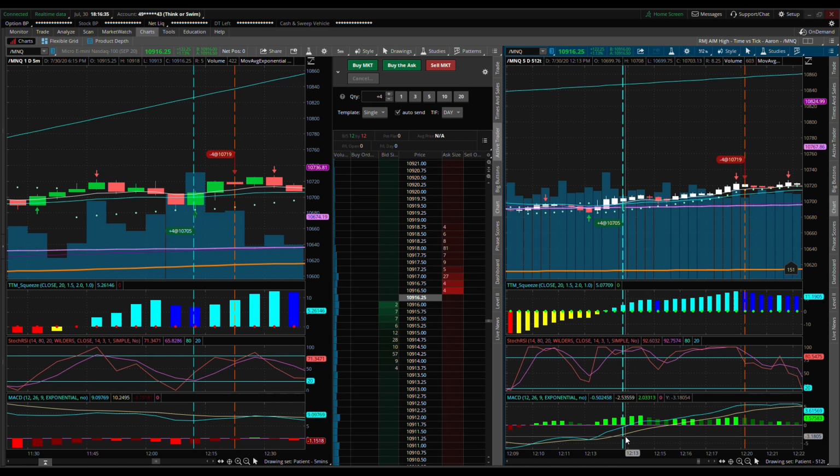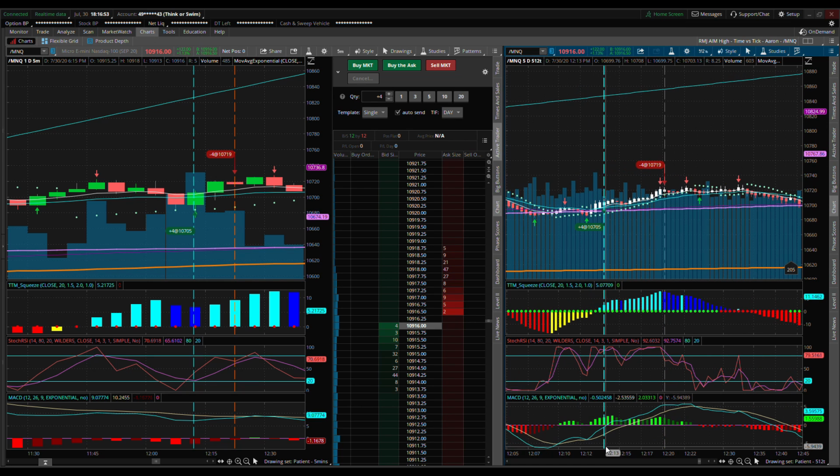For this one, both the lines are below the zero on the MACD, and the stochastic RSI is in the overbought section. Normally, I don't like the fact that it's below the zero line, but when the MACD did cross at around 12:09, that's when I started paying attention to it. And the reason I did enter at 12:13 here is because one of the lines did cross the zero line,